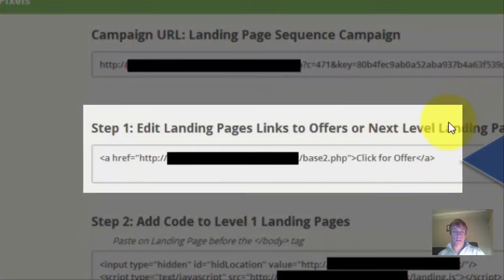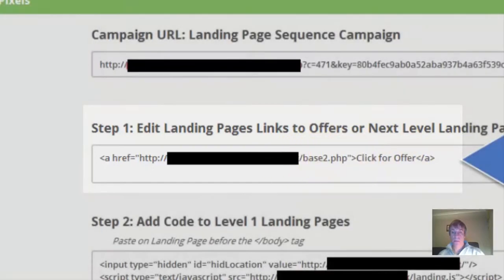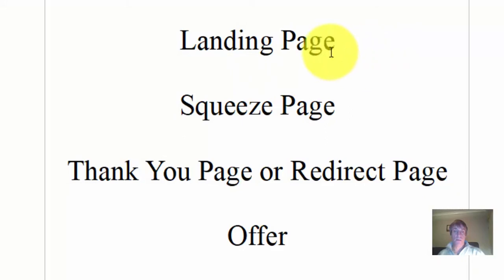On your landing page, you want whatever's in step 2, although it says click for offer, you add that on your first page. Okay, so it could be, you might have a search style landing page, so where they click submit,